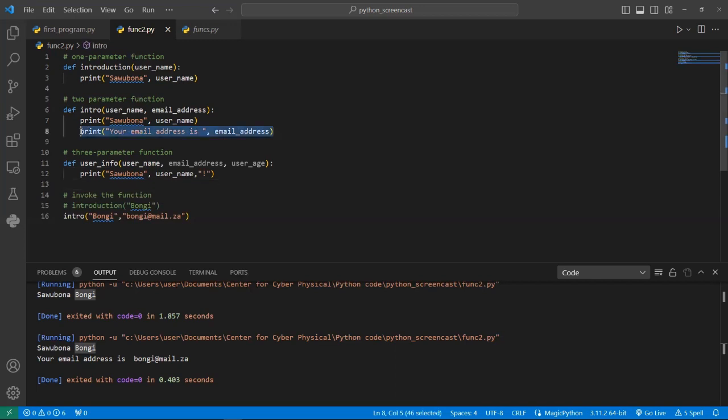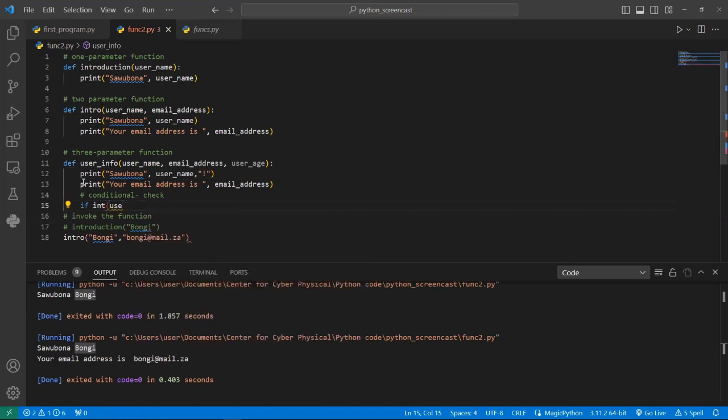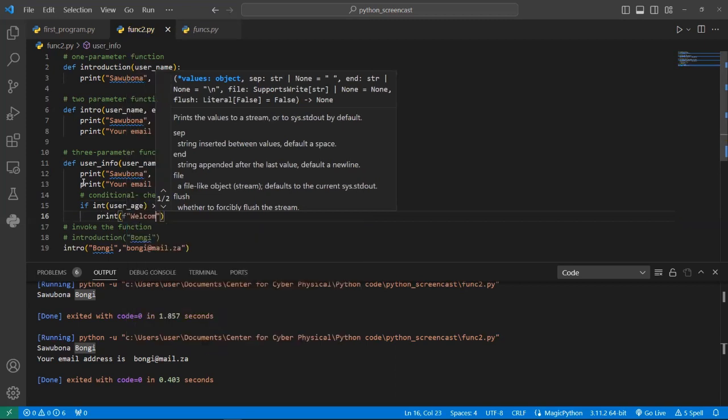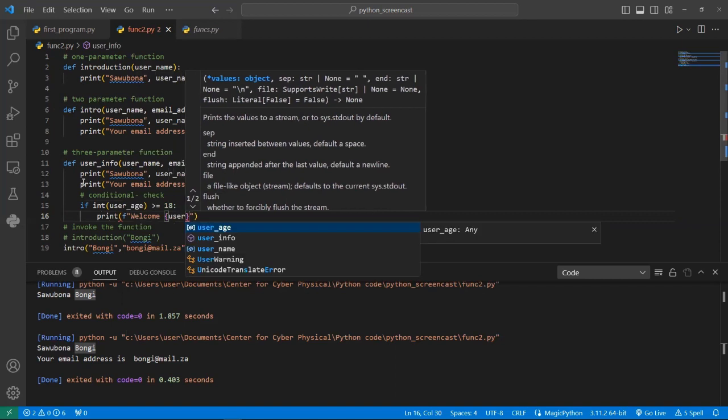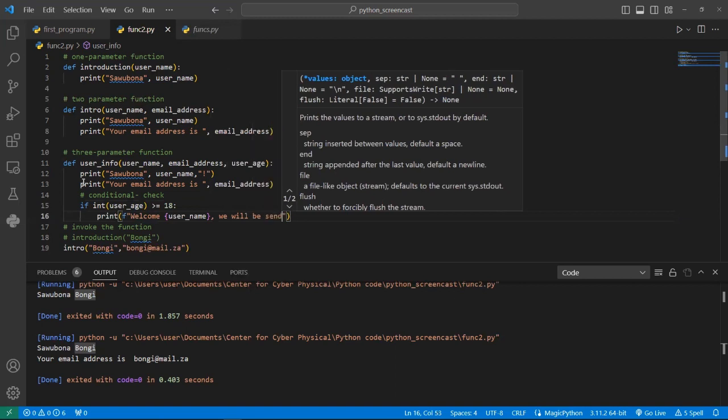Now I'm going to say print your email address. I'm just going to copy that there, and then from there I'm going to do a conditional check. Remember conditionals? Let's say if int user age is greater than or equal to 18, print an f string, and it's going to be welcome, username. We will be sending you